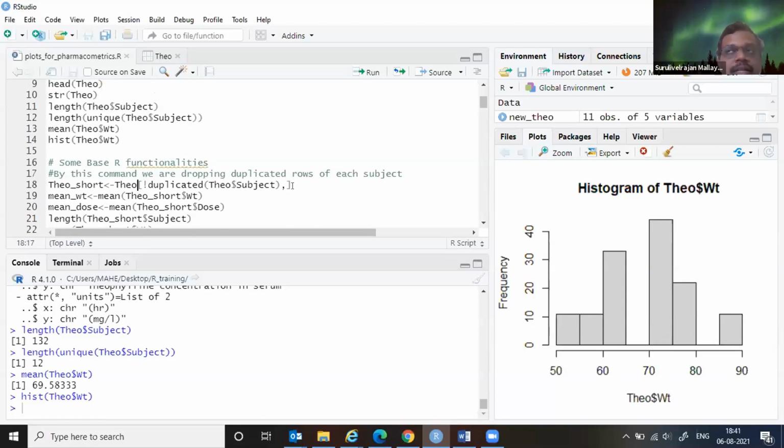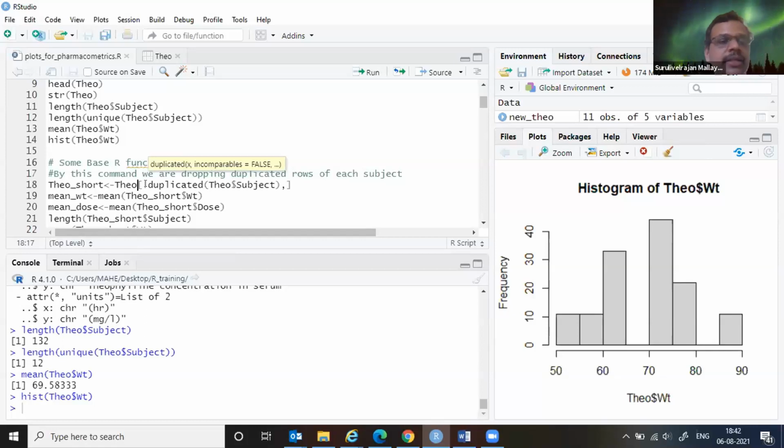You can assume the subsetting is happening, or in a language which we understand, at least how I understand, Theo_short is a subset of a data set from Theo, the main database. The square bracket I will start reading as "in which", like a language. So Theo_short is a short database of theophylline in which the exclamation mark is dropping.